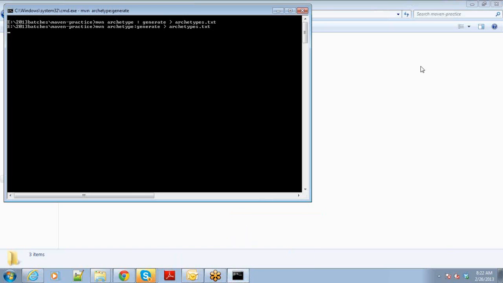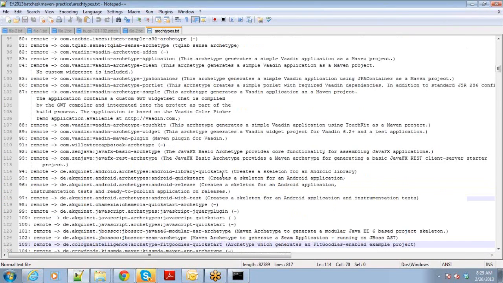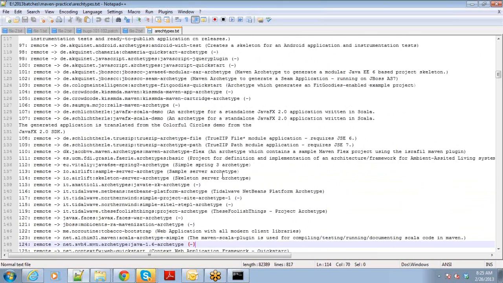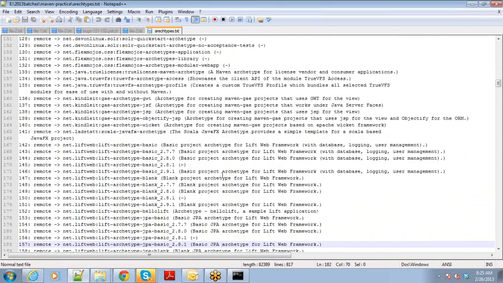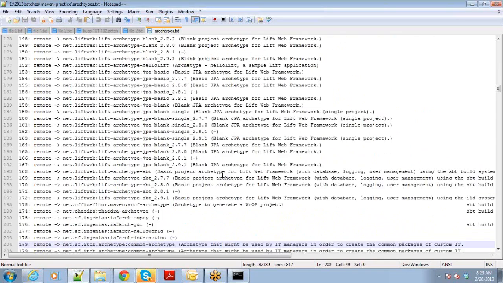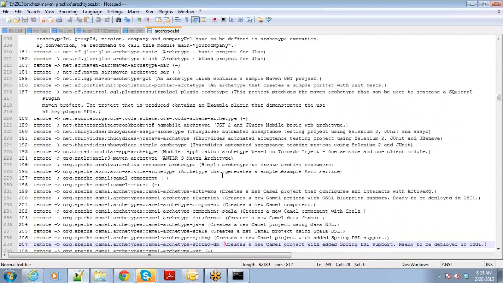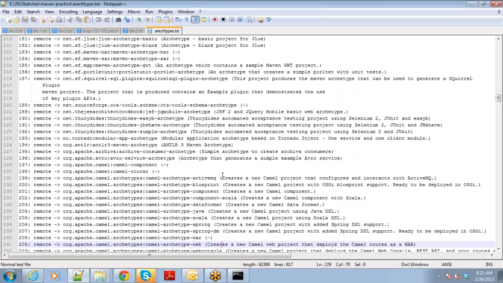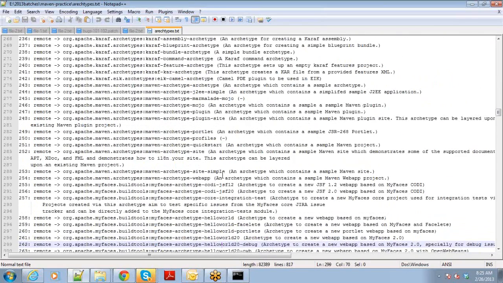So in the Maven practice, it is generating the archetypes actually. So it will take a while. It will generate the required source structure for you. You can see here, these are all archetypes. I have just written them to a file. You can see so many archetypes here. I'll show you a couple of interesting things. There are around 700 archetypes. These are all contributed by companies saying,